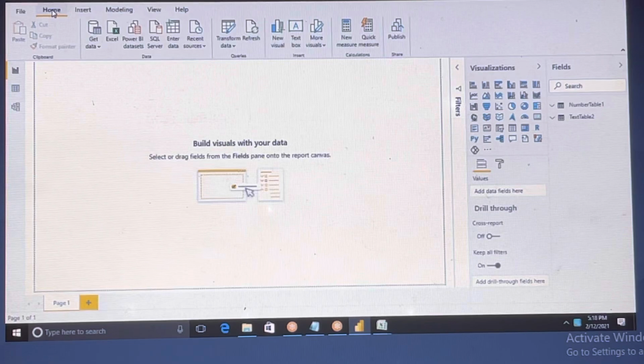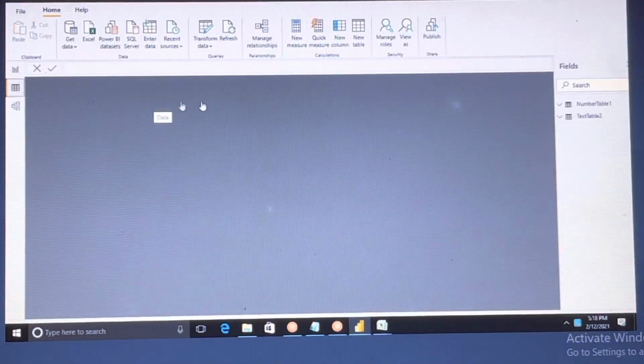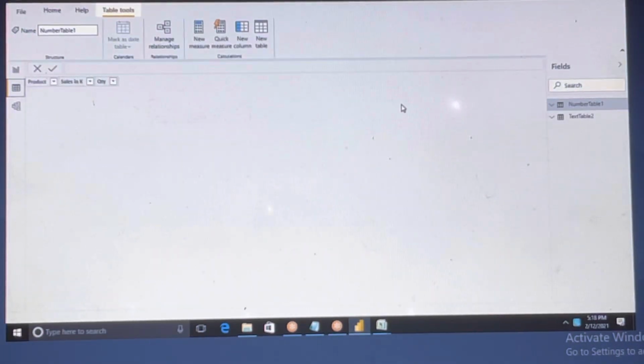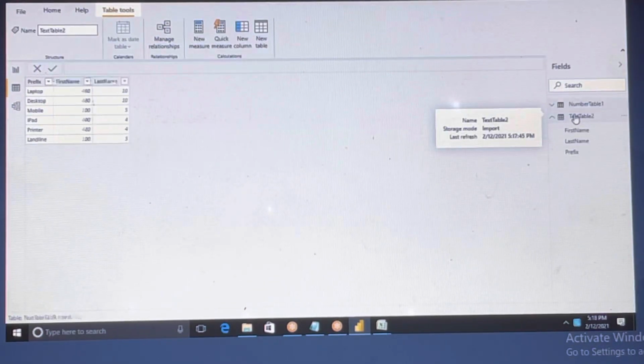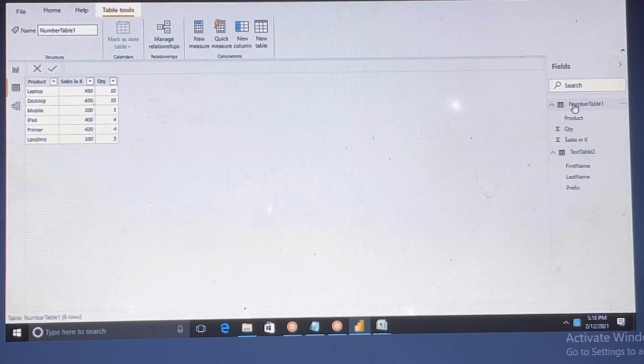Now go to the home menu bar, and here we have the data model, data view. Click on the data view. As I said, at once you can see only one table's data, meaning one query's data.